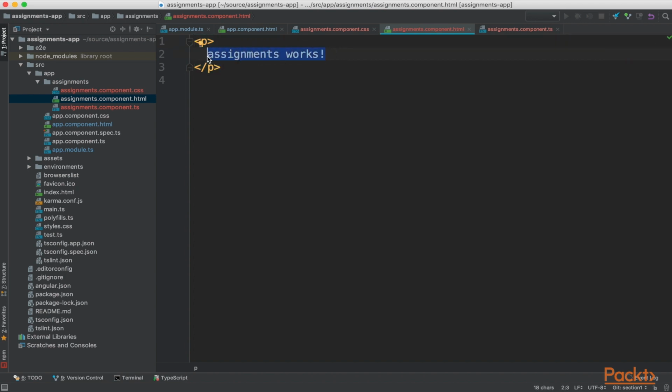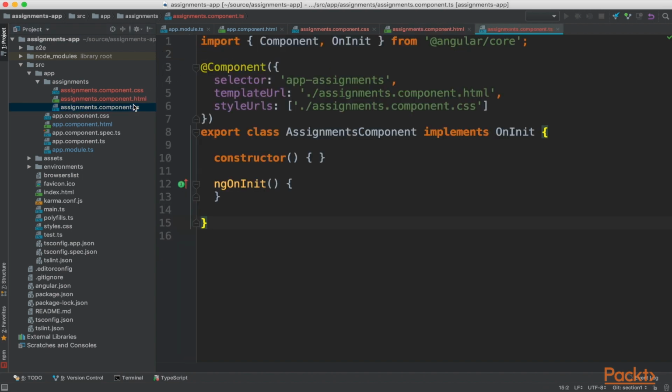And we could write anything we want, but I think it's time to look at string interpolation. And string interpolation is a binding from the logic file into the HTML file. So if we head into our assignments.component.ts, we can create what's called a property in TypeScript. Now, a property is similar to a variable in JavaScript. The difference being is that you can declare what type it is, such as a string, a date, a number, or any of the types available in TypeScript. And we create a property by declaring a name,